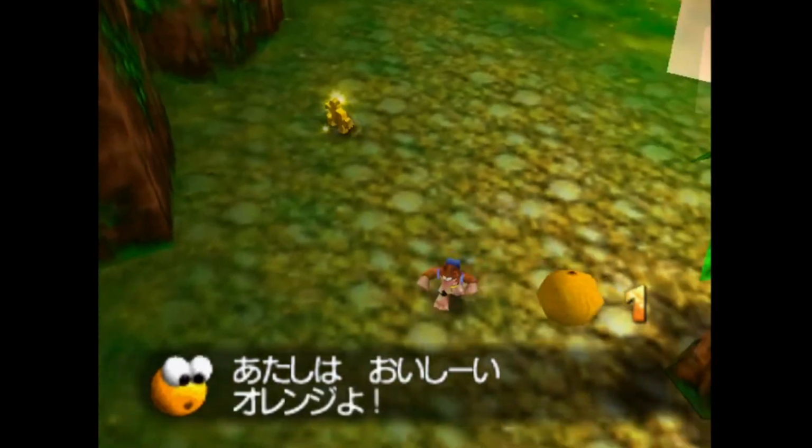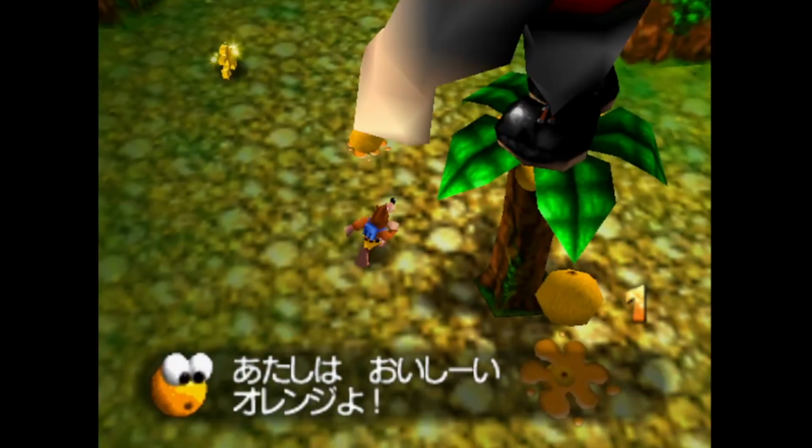Oh my gosh. Oh, it's female. I didn't know that. Yeah, atashi wa oishii orenji yo. So very feminine sounding. Atashi is a way of referring to oneself if you're a woman. It sort of sounds quite cutesy.